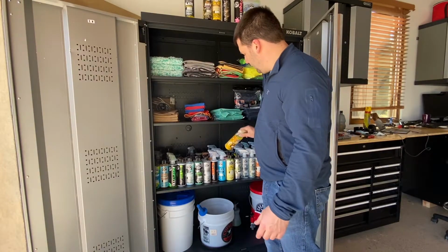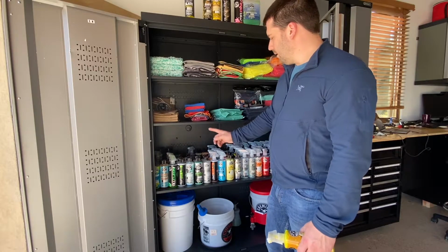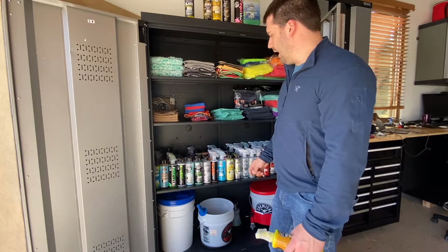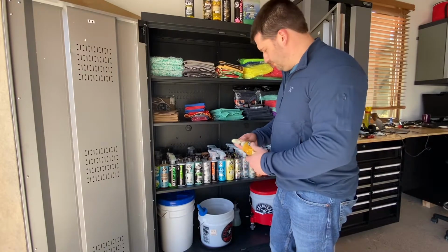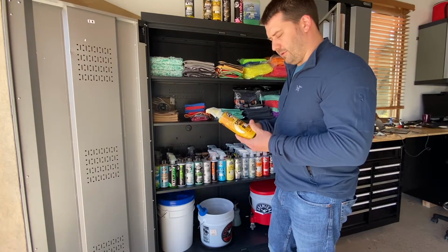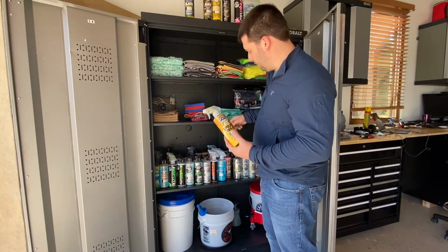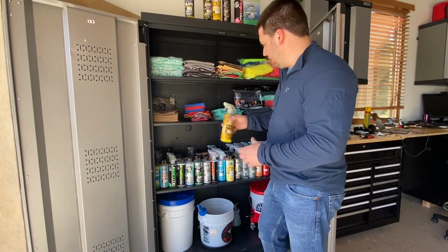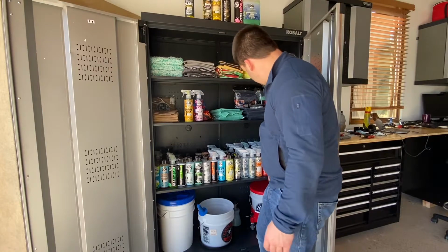but I would be more than happy to own C4, P4, and the butter wet wax and the Jet Seal, and not really need any of the other glazes or polishes that they make. This spray wax came in one of those free bags too. I don't think it does as good of a job as this, but it's a spray. It's easy, it's quick. So like this and this synthetic quick detailer, and